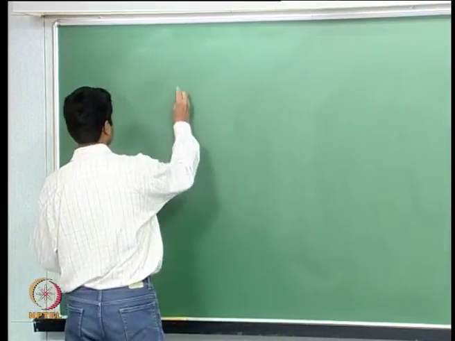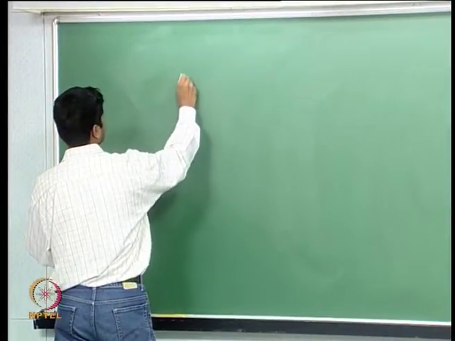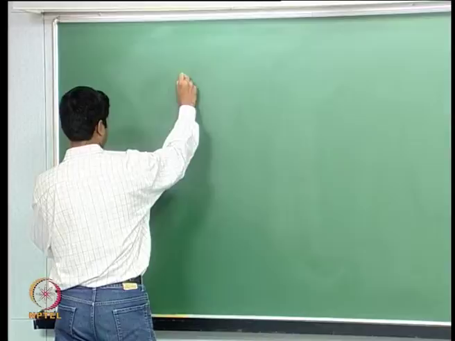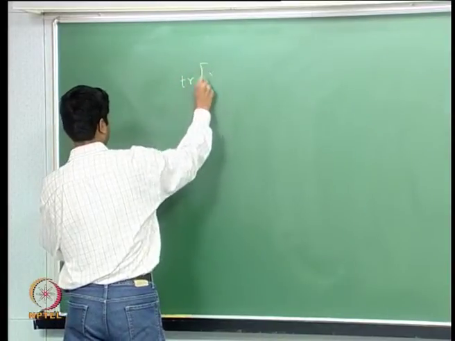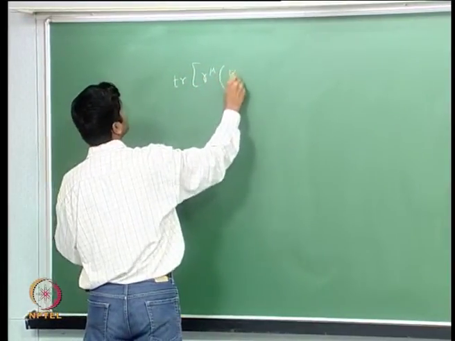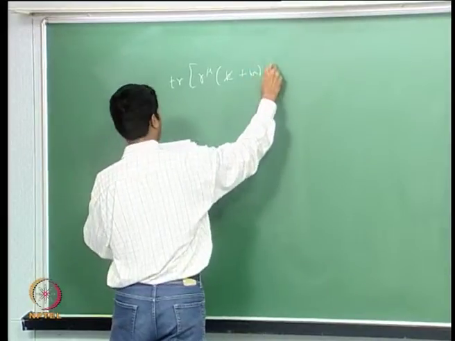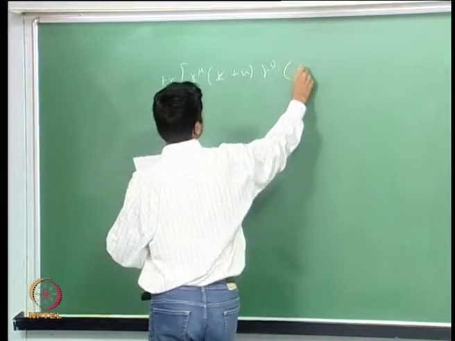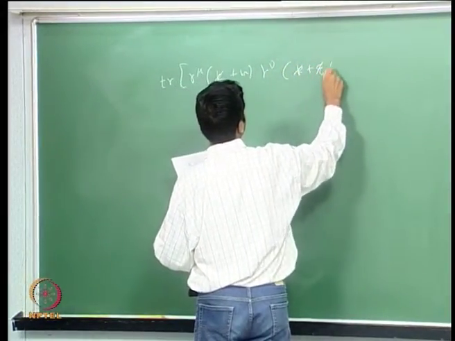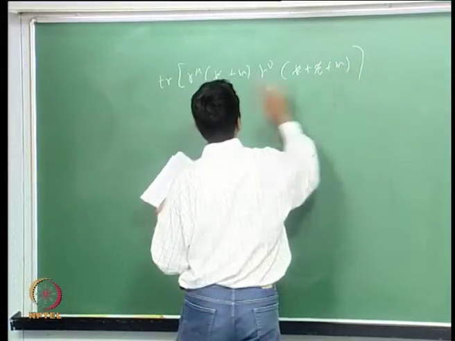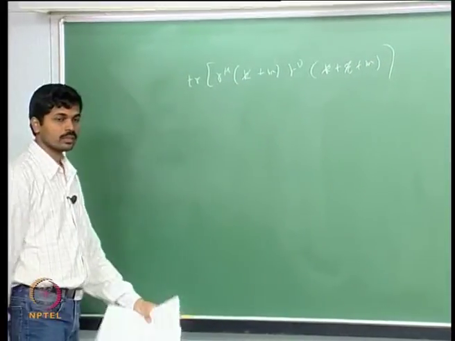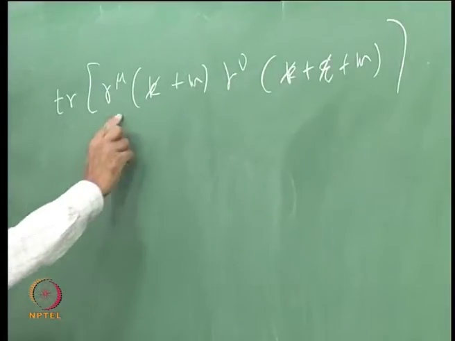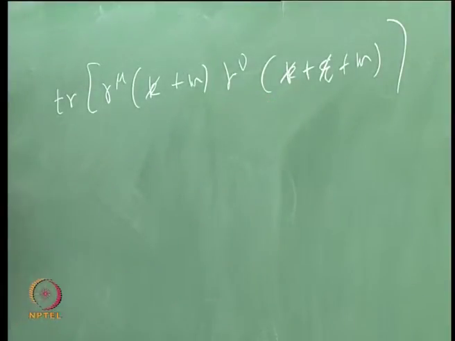What we did is we started simplifying the numerator by evaluating the trace of γ^μ (k-slash + m) γ^ν (k-slash + q-slash + m), assuming that this is actually happening in 4 dimensions. When you do it in d dimensions, you will get